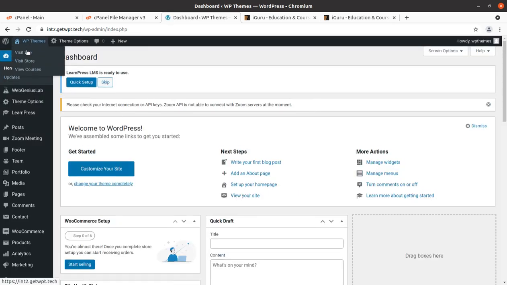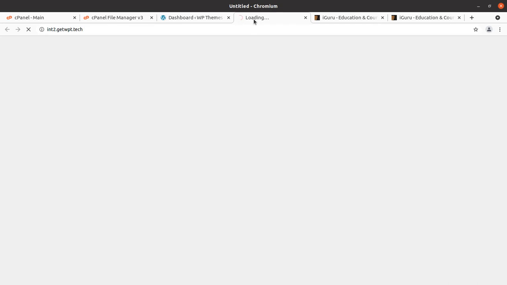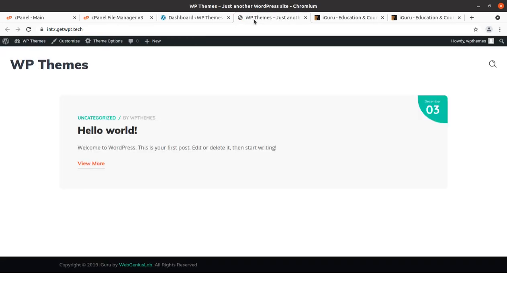Now is the time when we can take a look at our website, how it looks with the theme and all the set up plugins. This is the basic and core look of a website using the iGuru WordPress theme. And yes, it is of course without any demo content. This is why it is looking so clear. If you are planning to make a website with your own wireframe and own designs, and you want to create your own design blocks, you can start building your website from scratch from here.